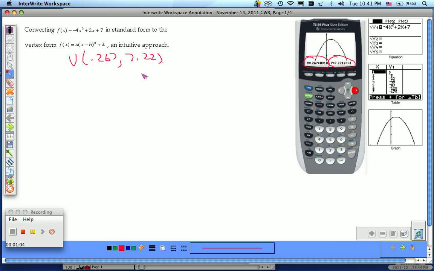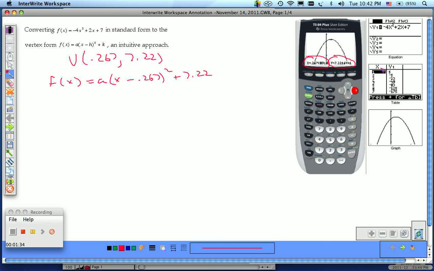Now, let's go ahead and seed the vertex form, f of x, which is equal to a times the quantity x minus 0.267 squared plus 7.22. Now, the next step is to determine the scale change, and I'd like you to press second table